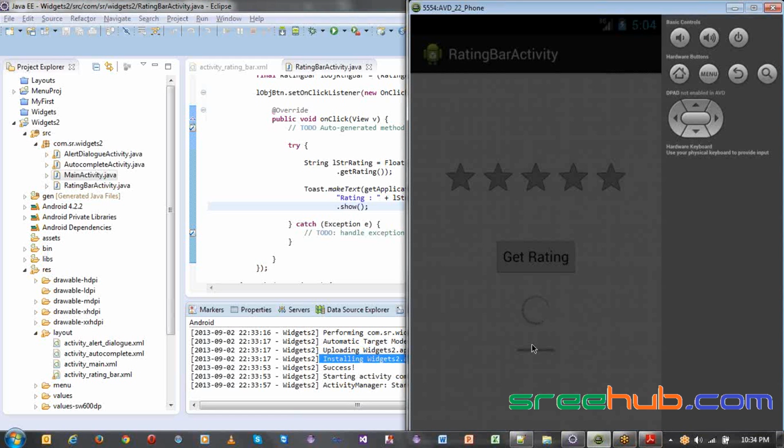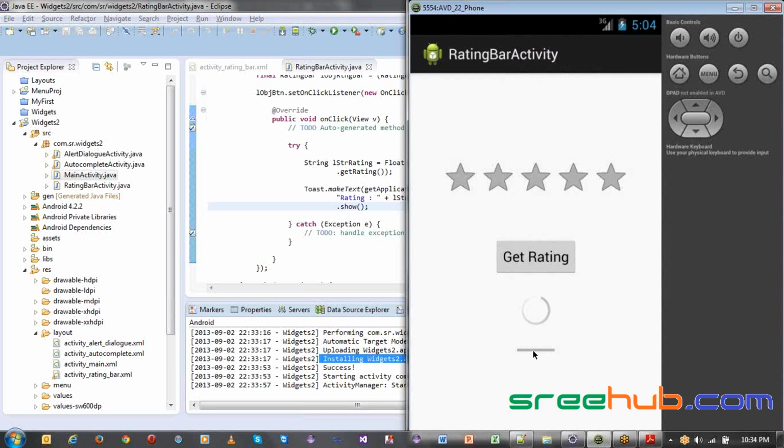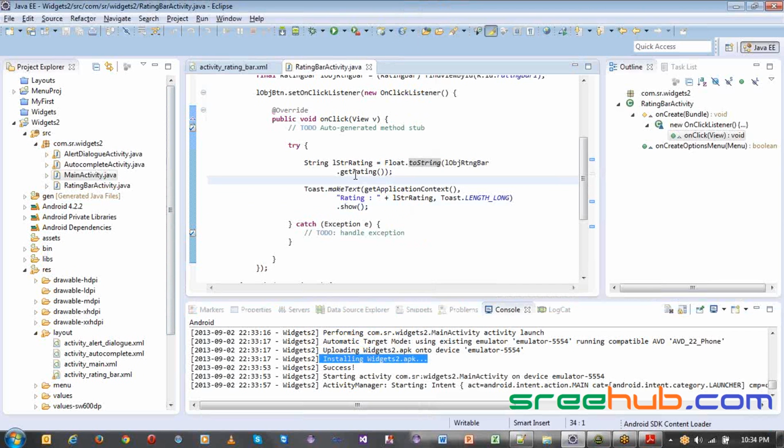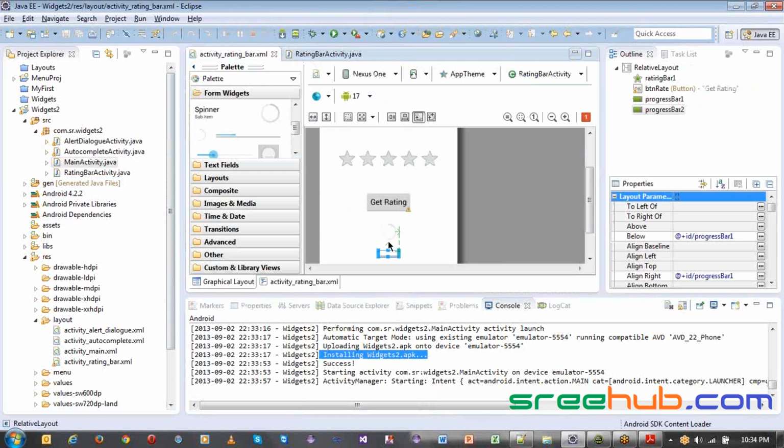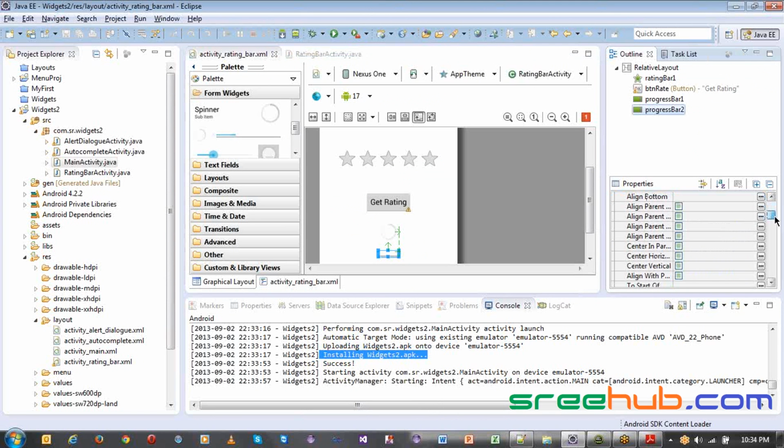Okay, so here you have a progress bar, but you have to give the step. So let's go ahead and see how we can give the step here. First let us check some part of the ID here, which will give us